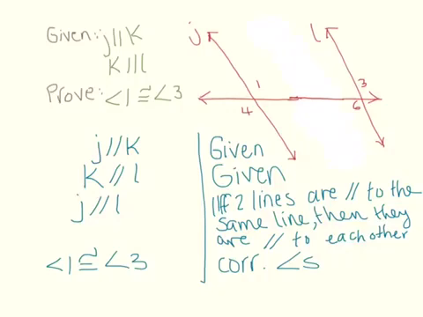So we can't use corresponding angles as a reason unless the lines are already parallel. If the lines are parallel, then I can say that the angles are congruent, since the lines are parallel, because they're corresponding angles. So for this problem, we focused pretty much on corresponding angles,